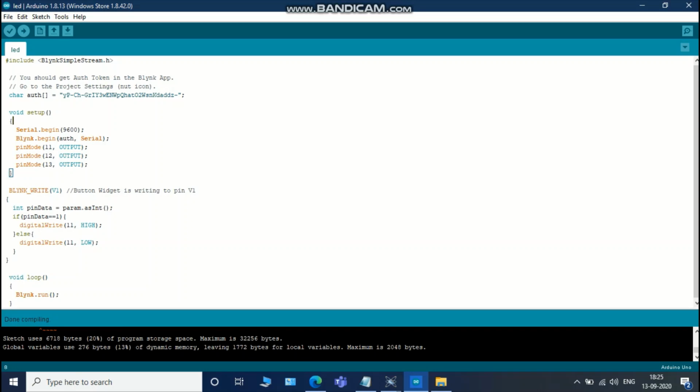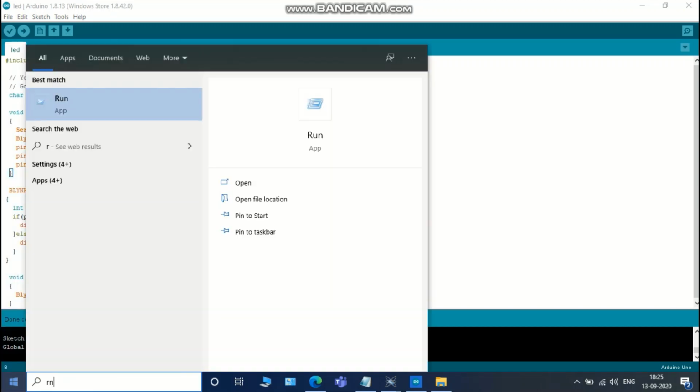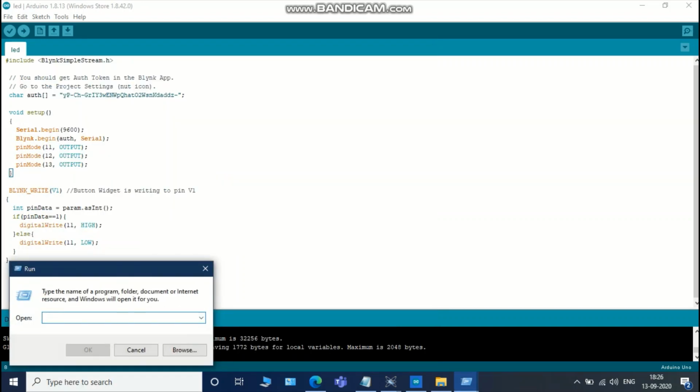Okay, it's done compiling. Now go to Start, then search for Run. Open Run, then type percentage temp percentage. Then click OK.